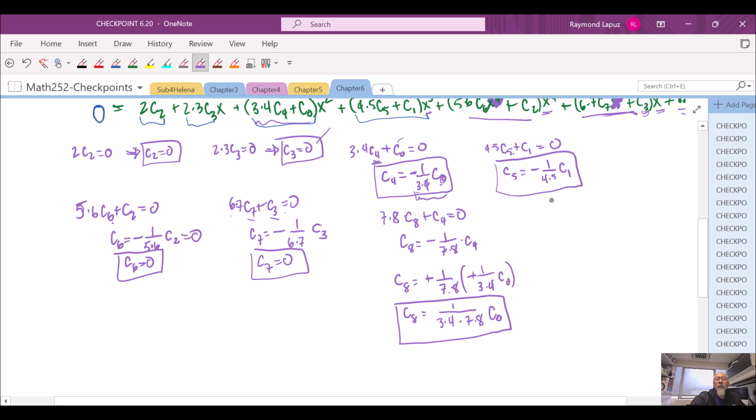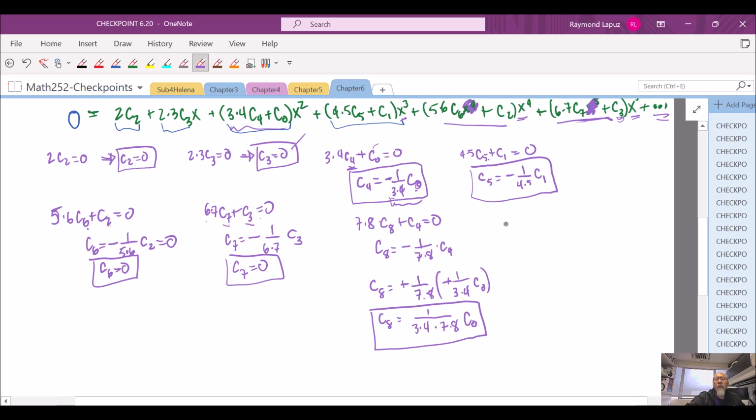And then let's do one more. The relationship with the c sub 9 is going to be 8 times 9, c sub 9, plus, and I'm looking at the one right before, that's c sub 4, so this must be c sub 5. And this is equal to 0, so if I solve for c sub 9, this will give me negative 1 over 8 times 9 times c sub 5. The c sub 5 being negative when we brought this over to the other side, and then we divide out by 8 times 9. All right, but c sub 5 is actually equal to this thing, so c sub 9